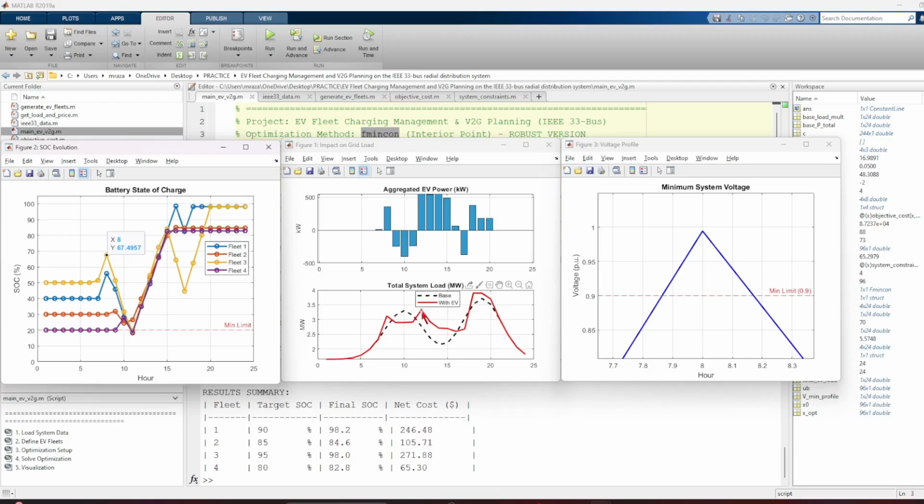That's why we have the red line with EV, and our total system load increases. So this is the load characteristic curve, and here is our figure 3, the voltage profile,